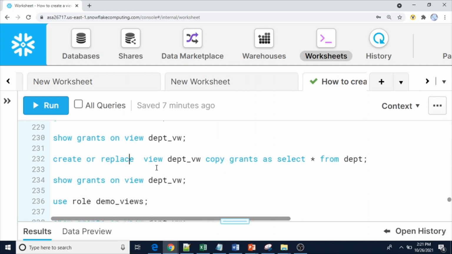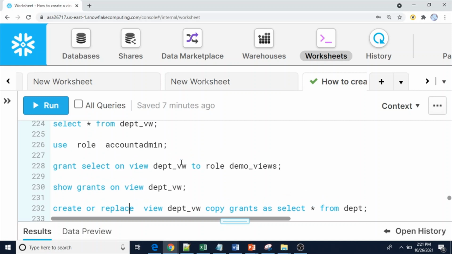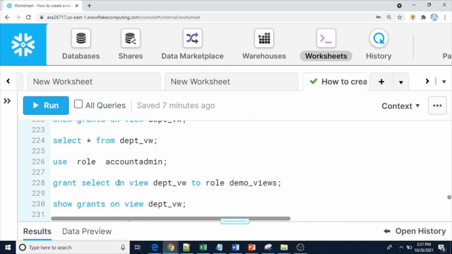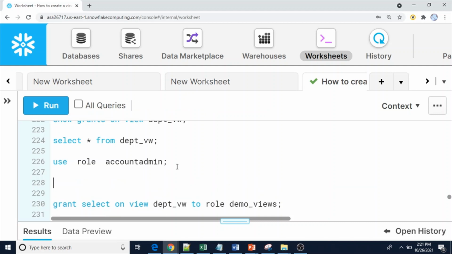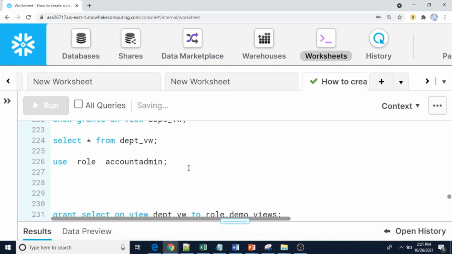Yeah, I am going to recreate the view again. So it's create or replace view. Let me use it without the copy grants option.